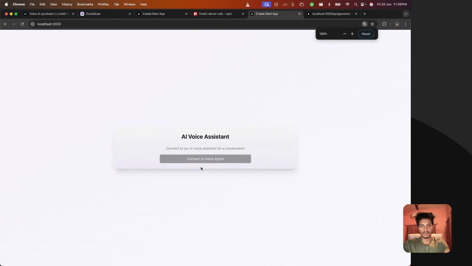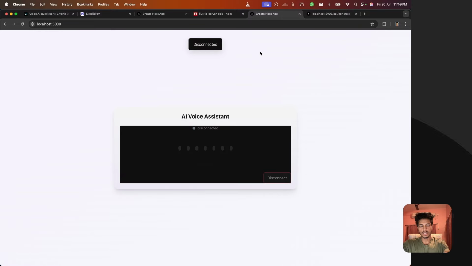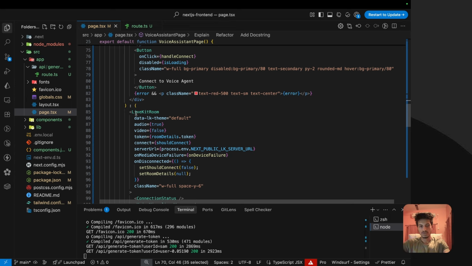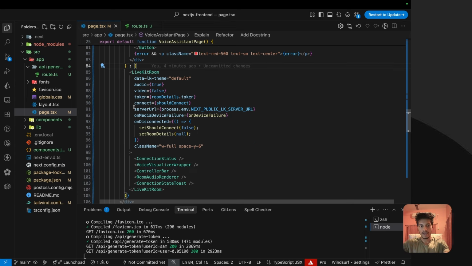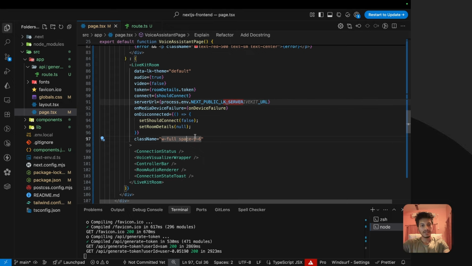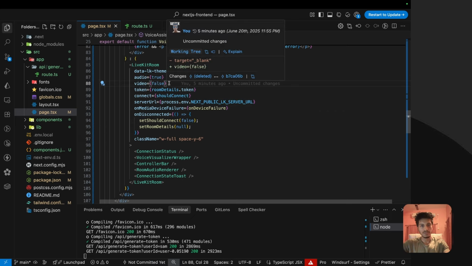I'll zoom out just a bit. Once we have got this data and everything, I'll simply go back. This is now false, so we hop into this ternary and this is now being rendered: LiveKit room. Here, the only thing that we need to provide is this server URL, which is our WSS endpoint. And we have audio equals true and video equals false, which signifies that we are only working on